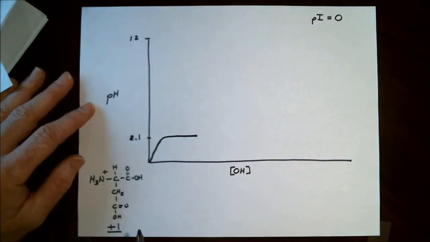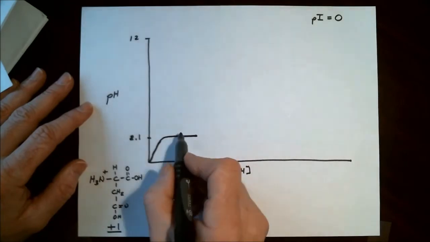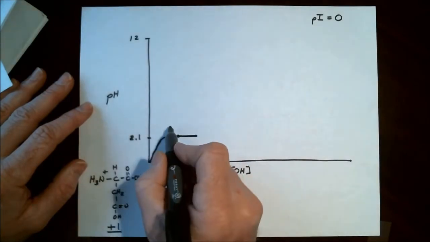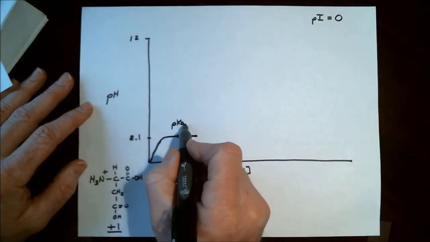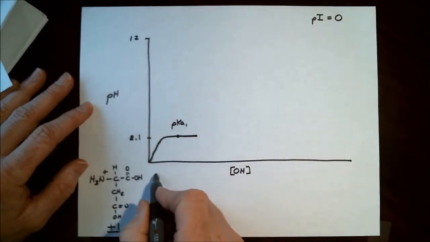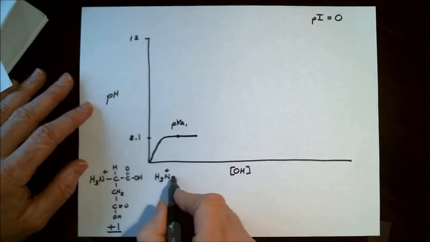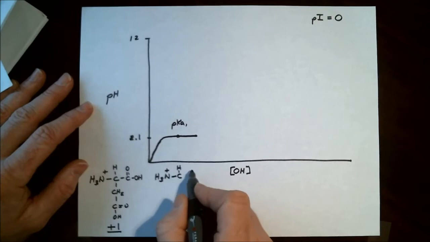Now this point here is a buffering region, and buffering means that the functional group is half protonated, half deprotonated. So this here represents pKa1. So what functional group is this pKa1 representing? If we draw the structure at this pH of aspartic acid,